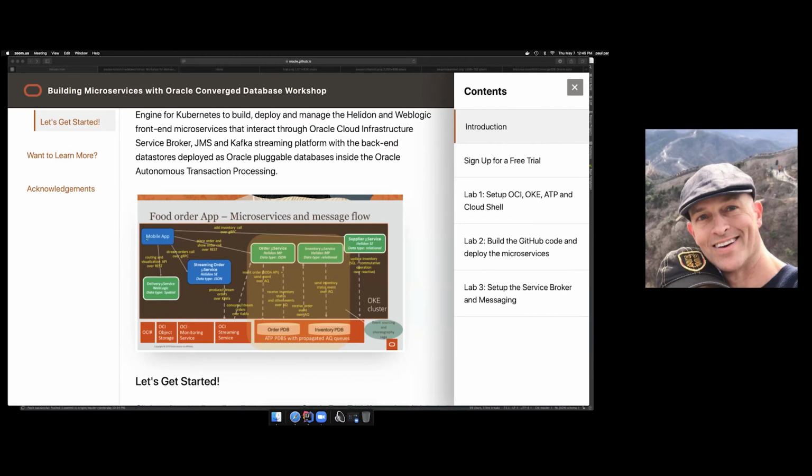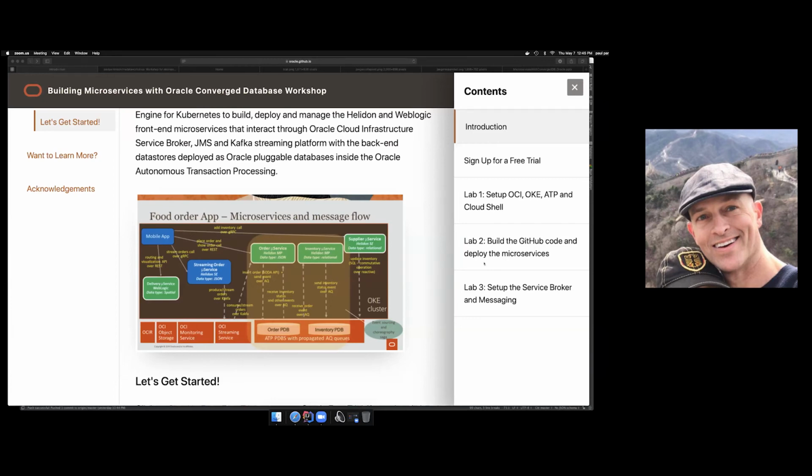So this is the lab, as I say. These first few steps are setting up the infrastructure. The lab allows you to build this architecture that you see in the middle here, and we're actually adding to this as well. But I want to point out that all of this can be done for free, which is nice. You can do this with the OCI free tier. Helidon is free. And it's built in a modular way, so you don't have to build this whole thing. You can pick the areas that you're interested in and go from there.